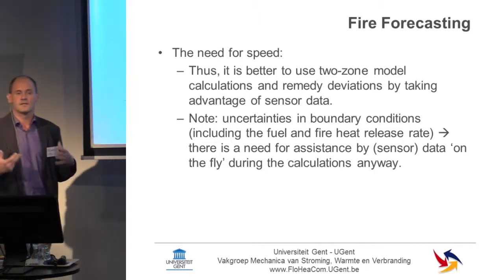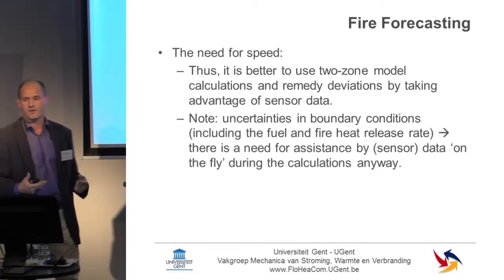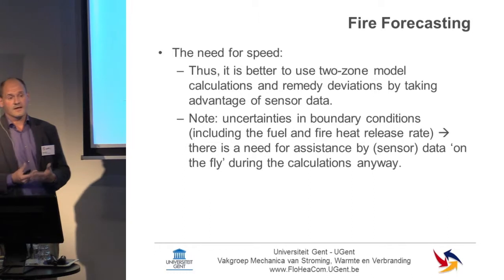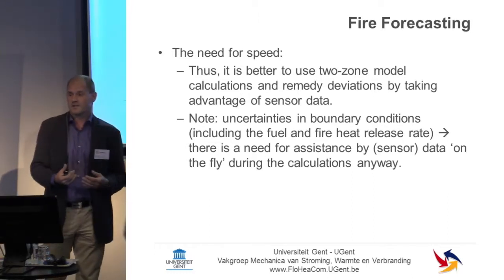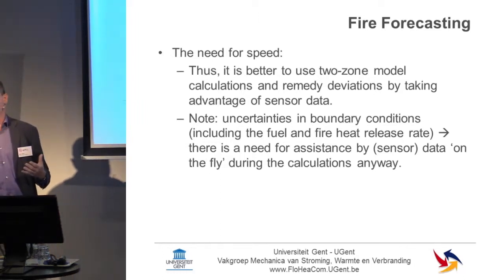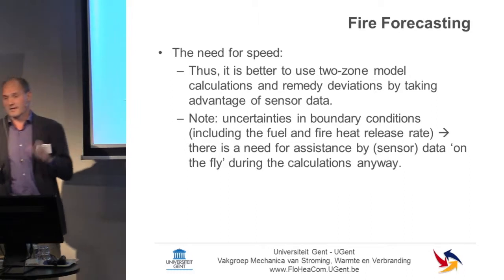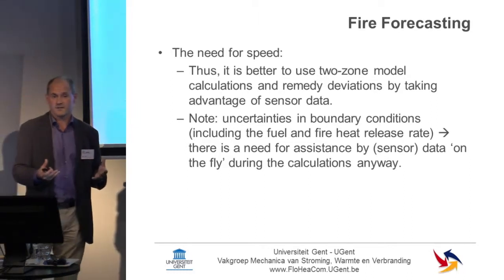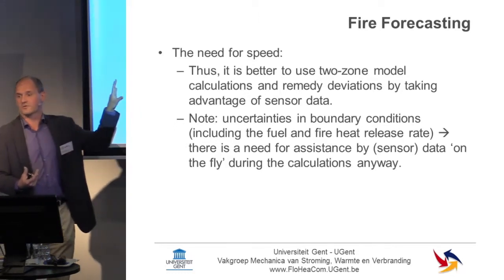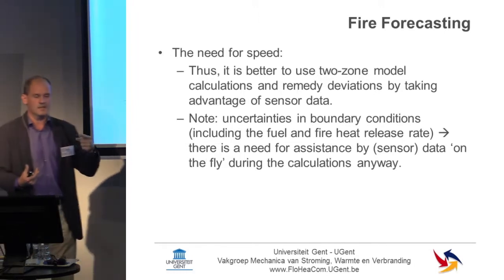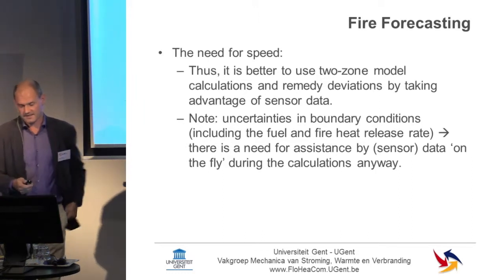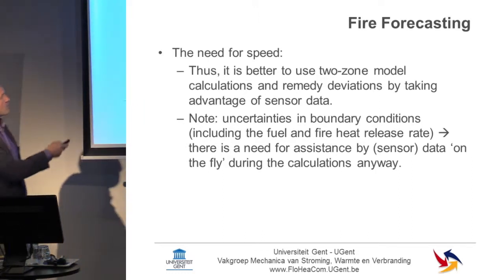So the idea is to make sure that the uncertainties in the parameters, you can avoid them by focusing on the data of the fire itself. One of the ideas that we started with was using CCTV, because in many complex buildings you have CCTV, and if you can point the cameras to the area where the fire is located, that could give you very useful information, which could then be used as input for the zone modeling calculation. So you're looking at what's happening, and you use that information to constantly update your forecast. That is the general principle.